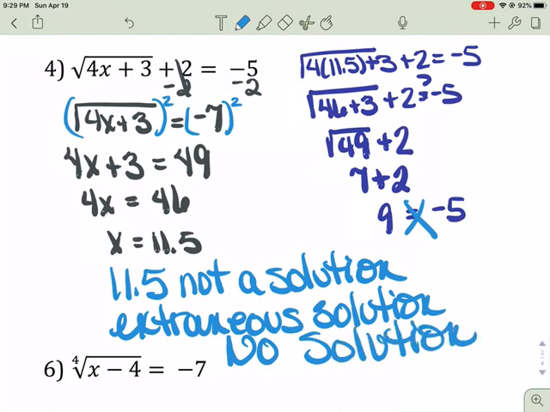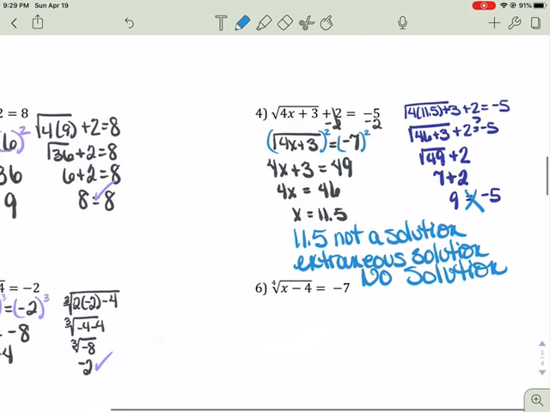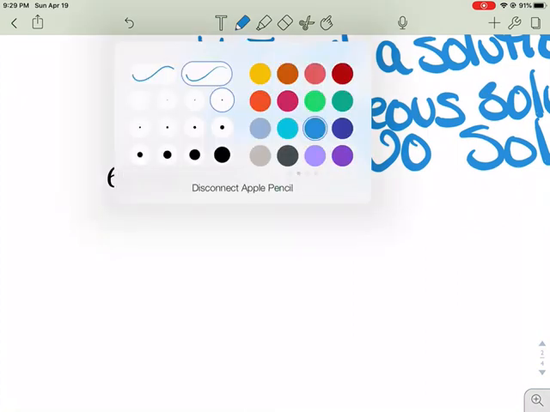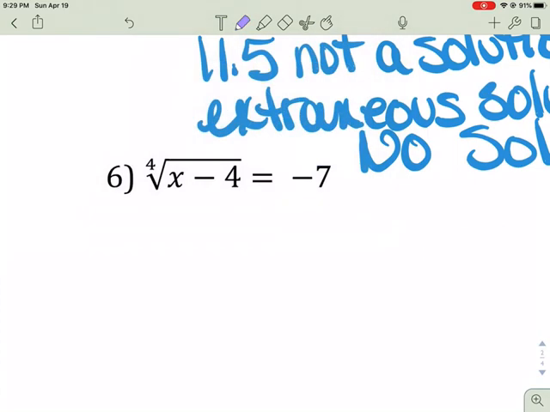Okay, there isn't a number that we can put in for x that when we put it in we're going to get negative 5 as an answer. All right, let's try a couple more. So in this particular problem, we're going to take it to the 4th power because it's the 4th root. Okay, so let's take it to the 4th power. All right, so we get x,